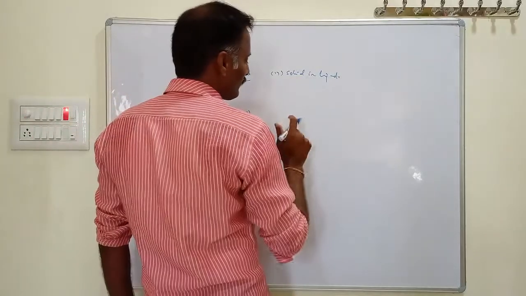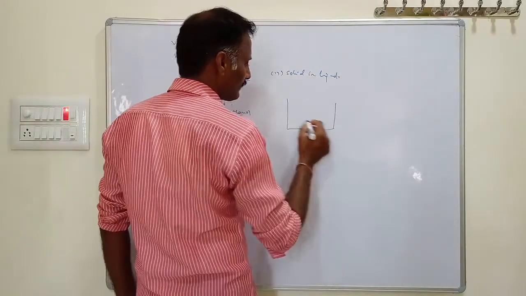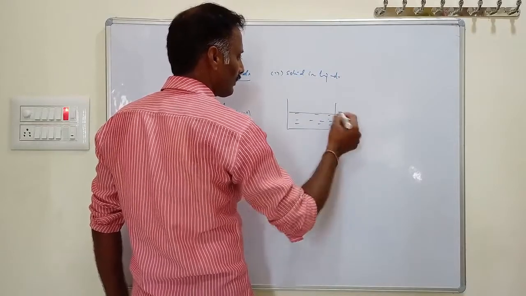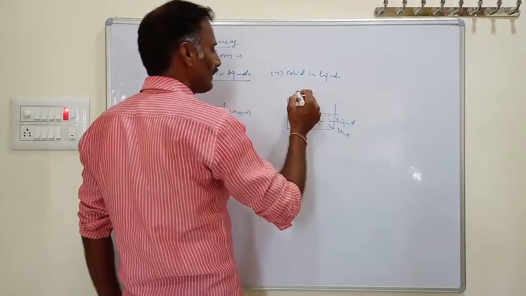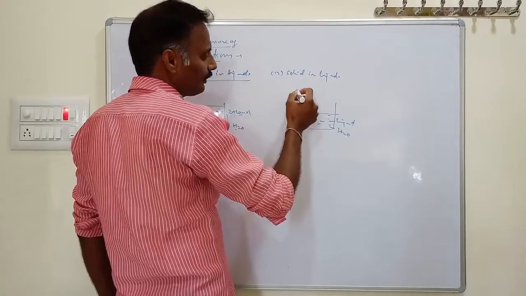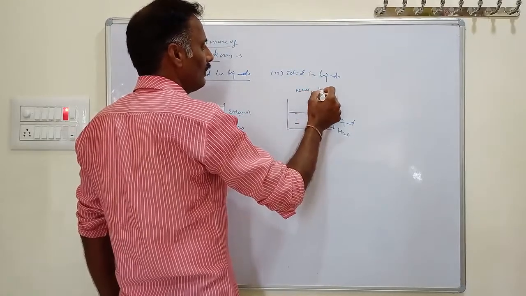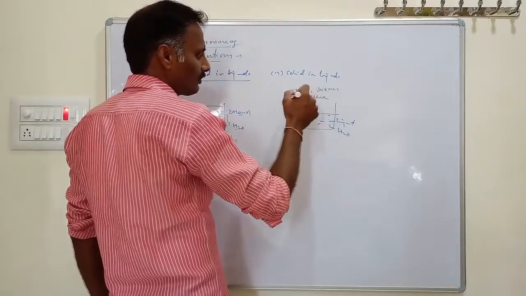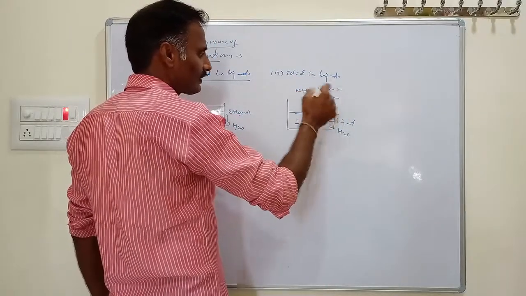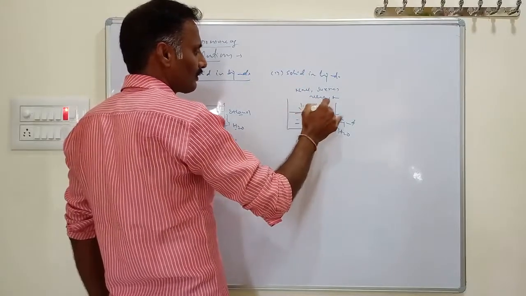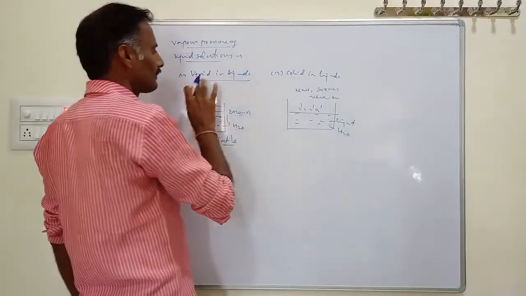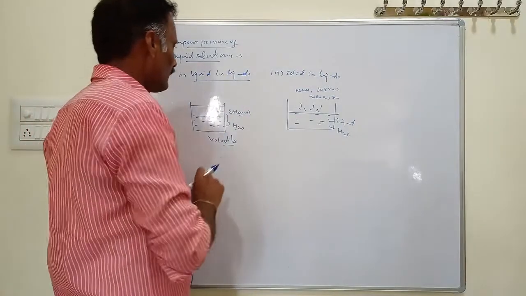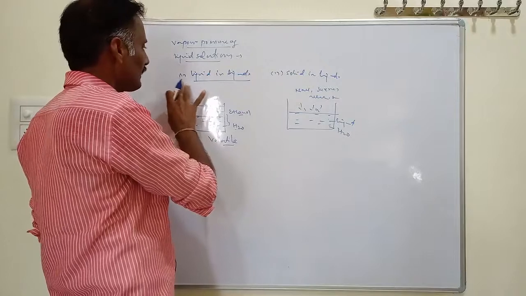What about solids in liquids? Here the liquid is water. To this water you add solid solutes like sodium chloride, sucrose, or urea. These are solids. This type of solution is called solids in liquids, and the other is called liquids in liquids. Mainly we are discussing liquids in liquids first.